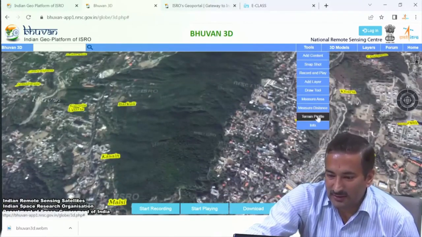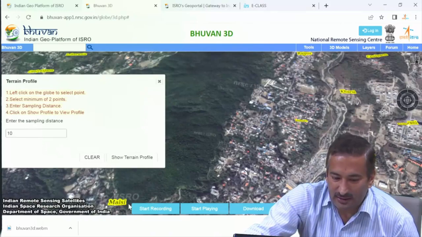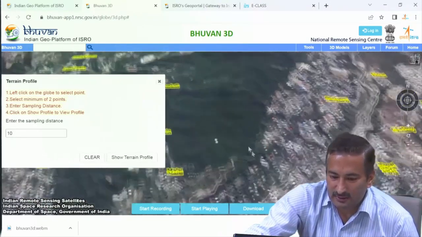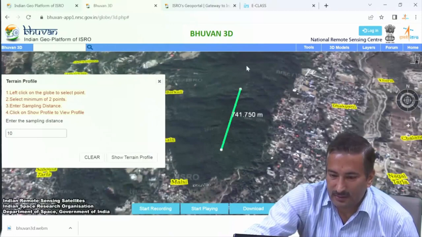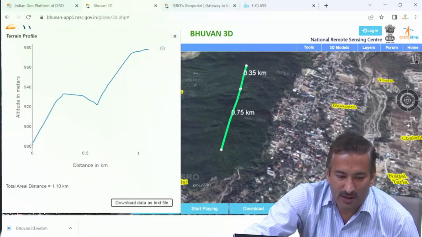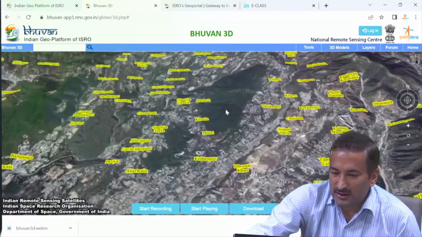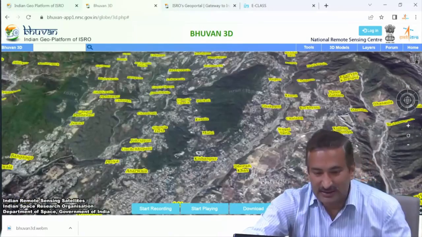So you can click terrain profile from here, let us take it here, up to this point, only 3 points I am generating. So you see here from 880 meters, then you have to go up to 900 meters, around 100 meters you have to climb for reaching from this place to this place. So this terrain profile can also be easily generated here.